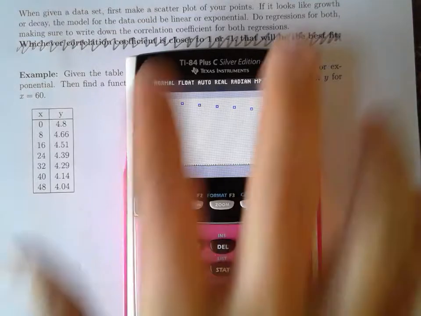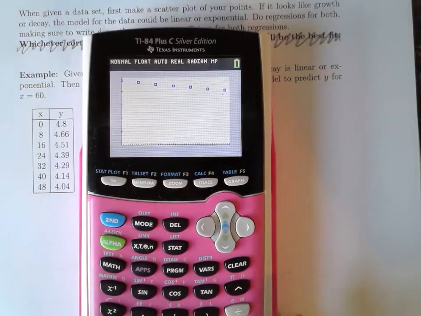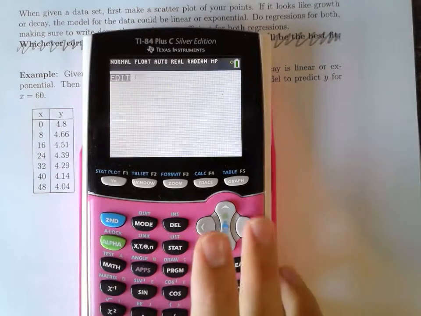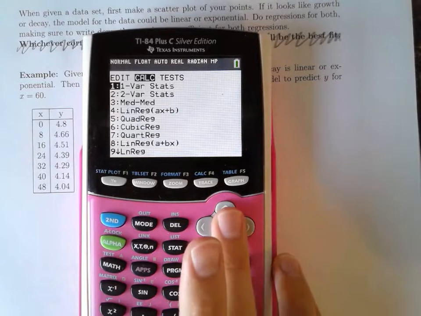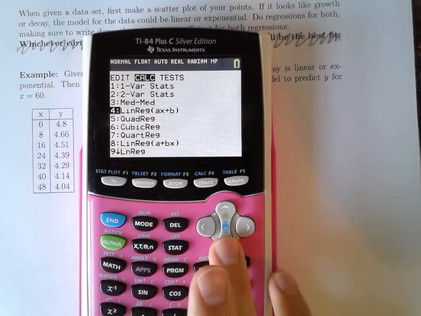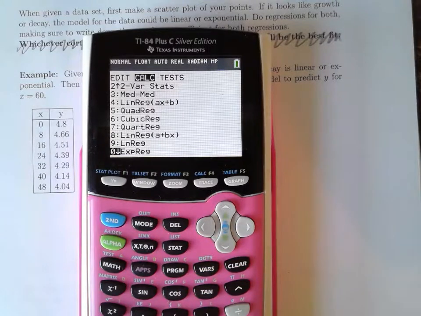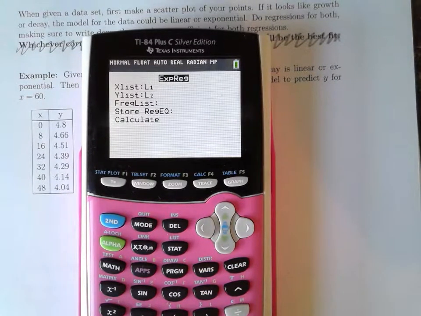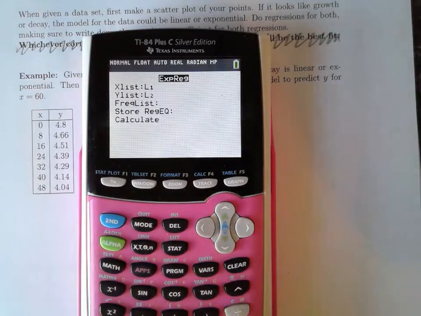Okay, like I said, you don't need to know correlation coefficient, so I'm not going to go over why. But we're going to do this exactly like how we do linear regressions. So go to stat, over to calculate. When you did linear regression, you chose number 4. Now we're looking for exponential regression, which is number 10 on mine. If you have my version or newer, your page is going to look like this. If you have an older version, it's going to say